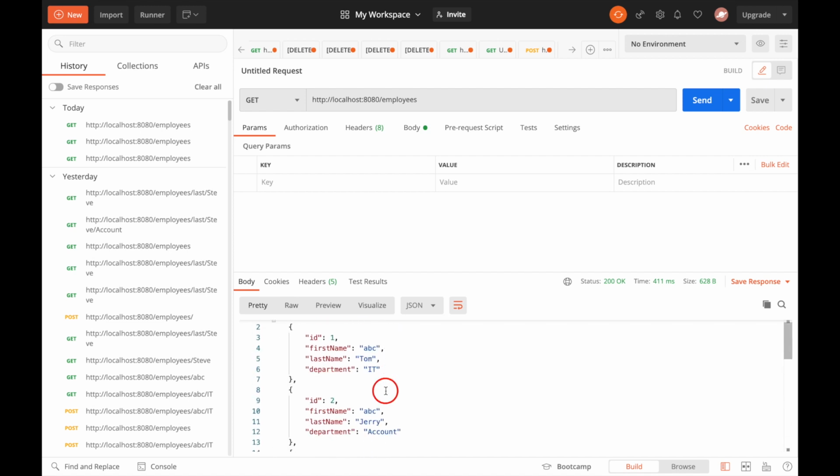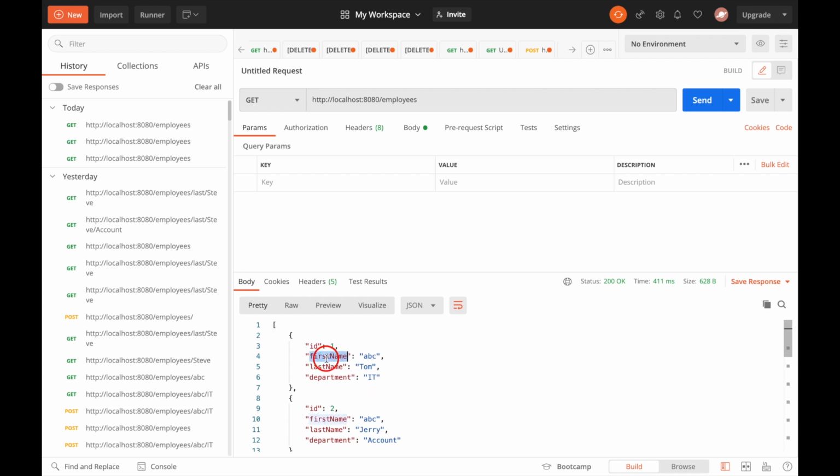What I need to do is use both JPQL and native SQL queries to fetch this data, starting with the first name and the last name. That's what I'm going to write using the @Query annotation. So how we write the @Query annotation, I'm going to demonstrate now.